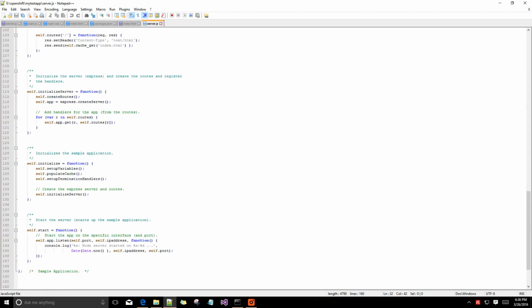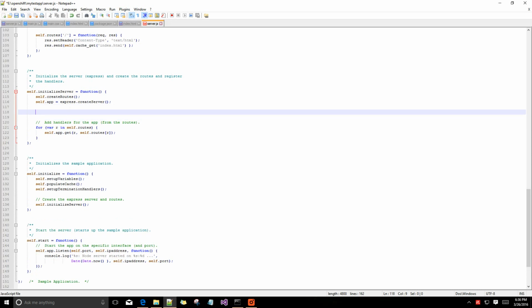Okay, just go to line number 117 where it says self.initialize server. It is creating a server there. Here we need to tell the server that I have put CSS and JS folders.